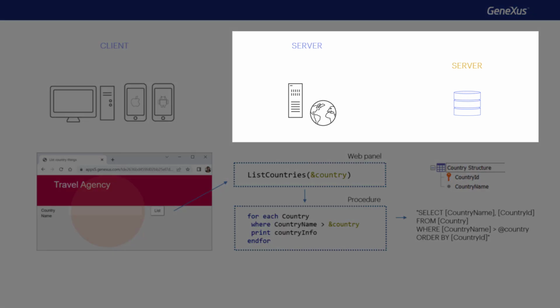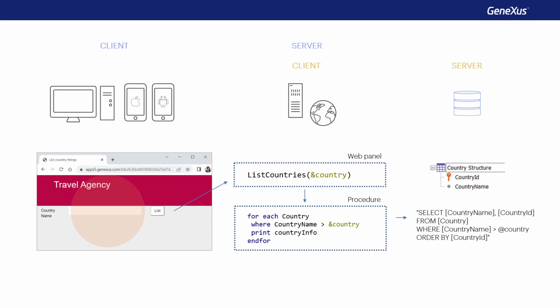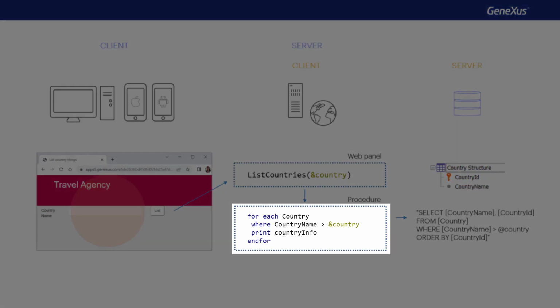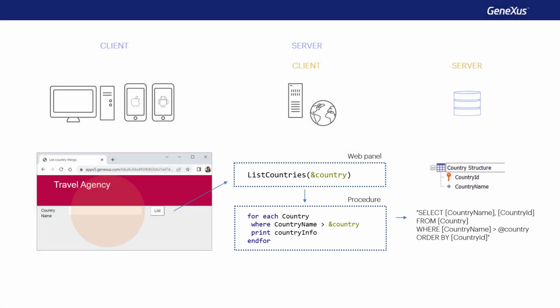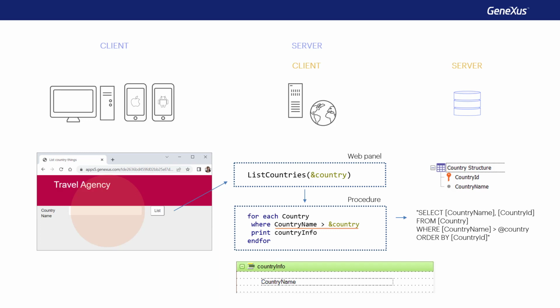From this perspective, we have the database server, and the client of this query is the procedure on the application server. Making this distinction may seem unnecessary at first glance, but we'll see that it's not so when things become more complex. In a simplified way, let's think of it like this. In the example we're asking to run through the country table, filtering by country name, let's assume that in the print block, we only show the value of that attribute.